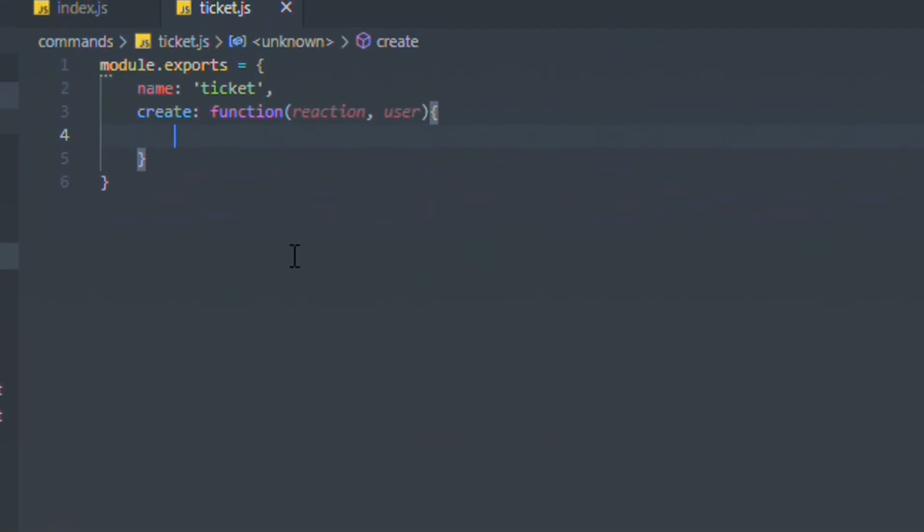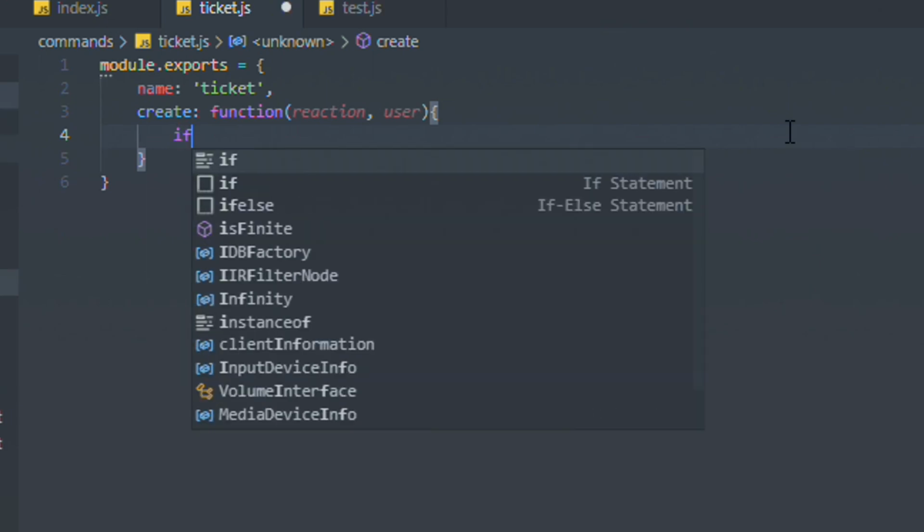So over here in the create, first we want to check if the reaction emoji is correct, and also if the message is correct. And lastly, we want to check if this user already has a ticket existing. If he does, this is going to get ignored because you're not really supposed to be able to open like 1,000 tickets at once. So let's do if